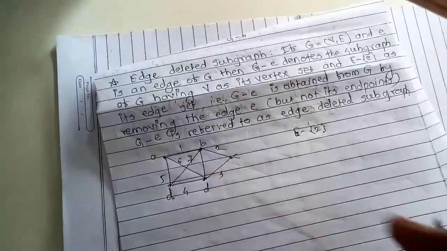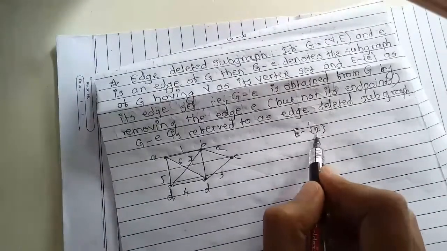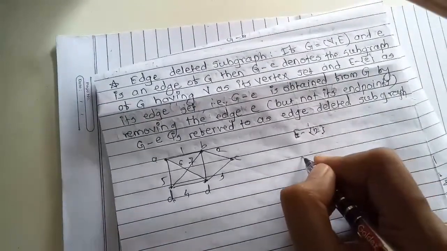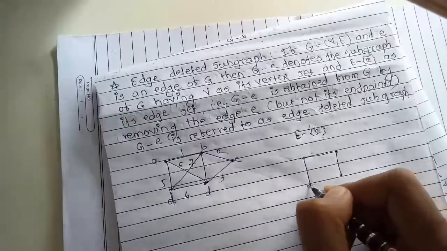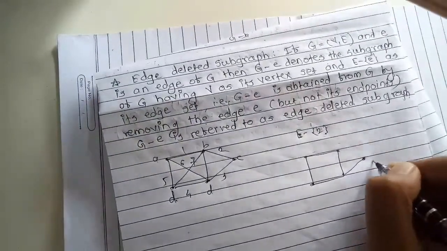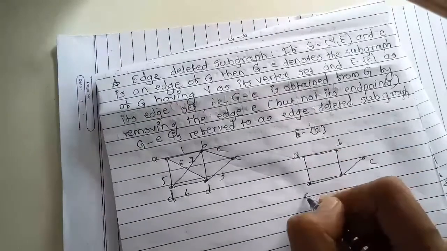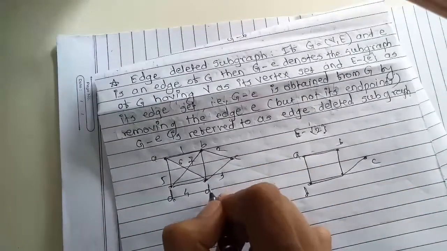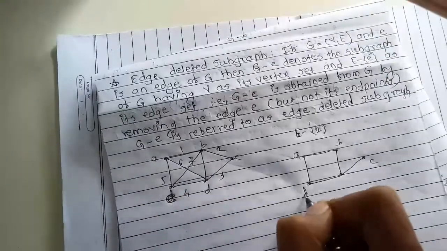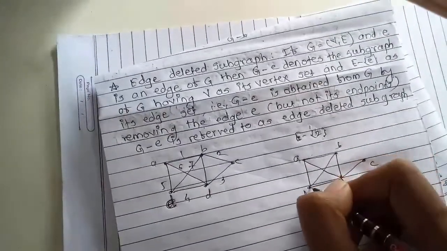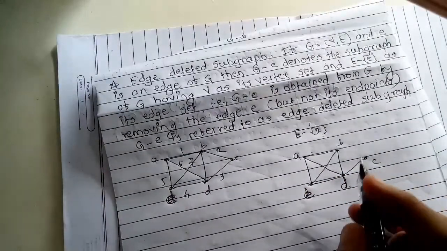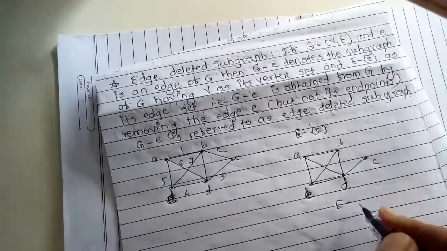So how will we get the graph? We remove this edge 2, right? So we can draw it like C, B, A, D, E and D. So we get this new graph G